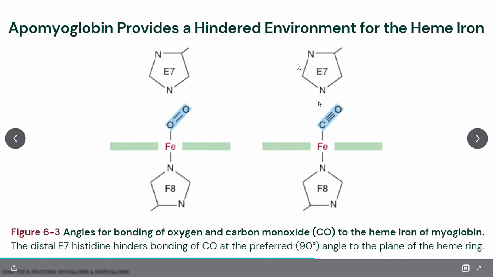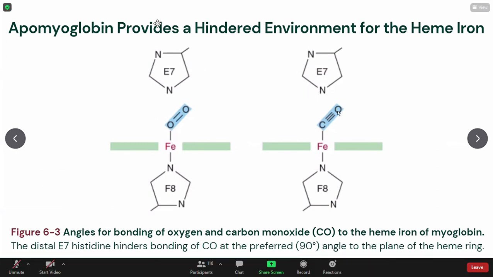Because if it is in a straight position like that, this histidine is not there, so it could be straight. And that ability to bind when it is straight is very, very strong. But once it is slanted this way, because of the space occupied by this histidine, its binding capability is much